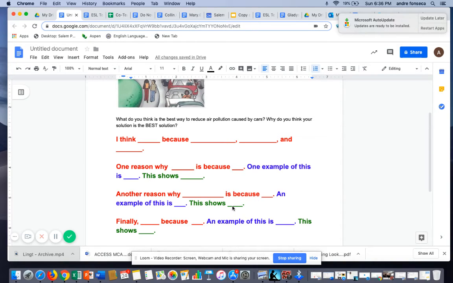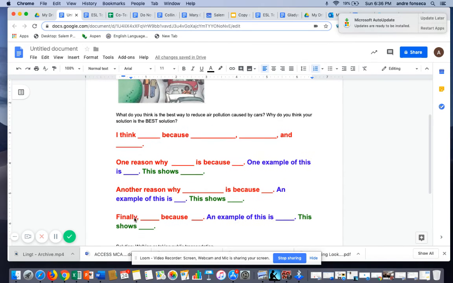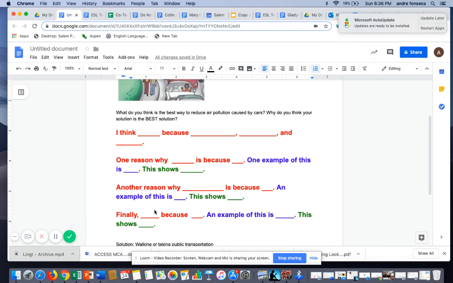This shows that this is the best solution to reducing air pollution caused by cars because it's a solution that's not only good for your environment because you're not polluting, but it's also good for you and your body because it's a healthy choice. Finally, the best solution to reducing air pollution caused by cars is to walk or take